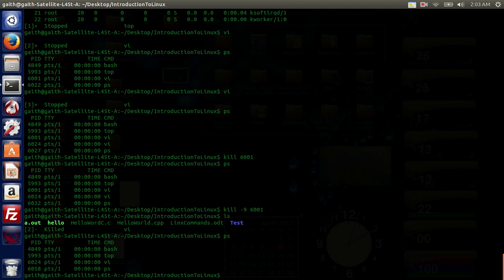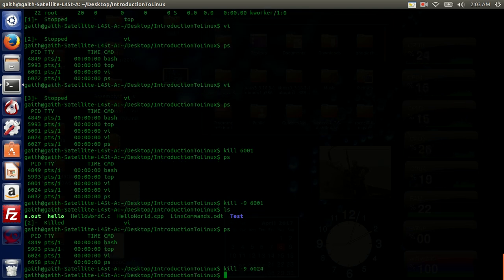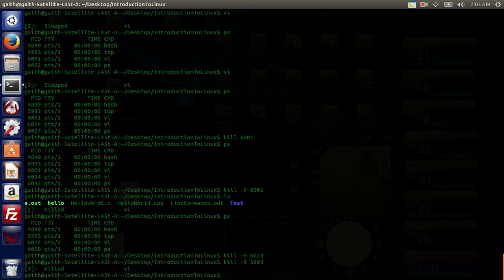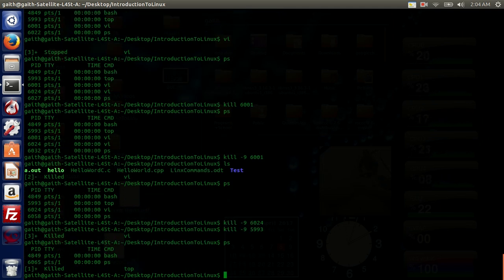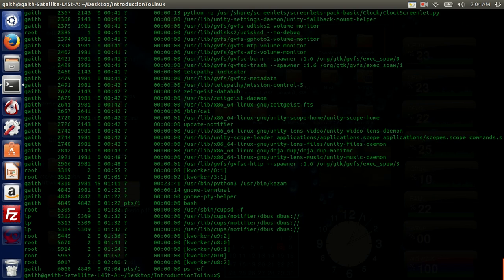And here we see the 6001 is killed. kill -9, and I'm going to kill the 6024, and now I want to kill also top, kill -9, what was top, 5993, and I do ps, and here you go, and it's saying it's killed. There's the command ps -ef, I forgot what, okay, it gives you